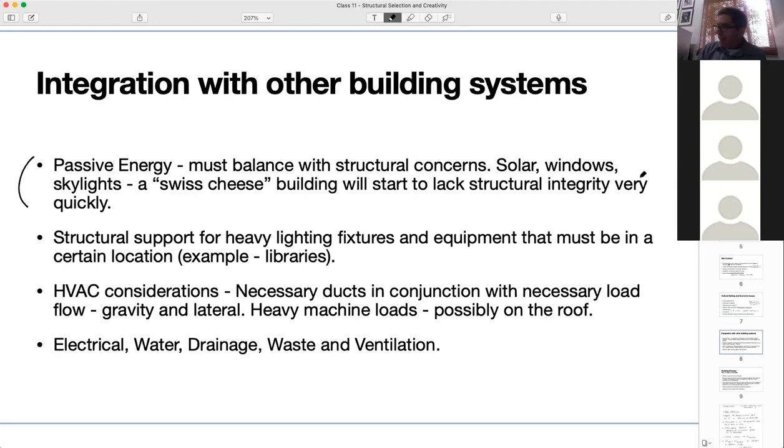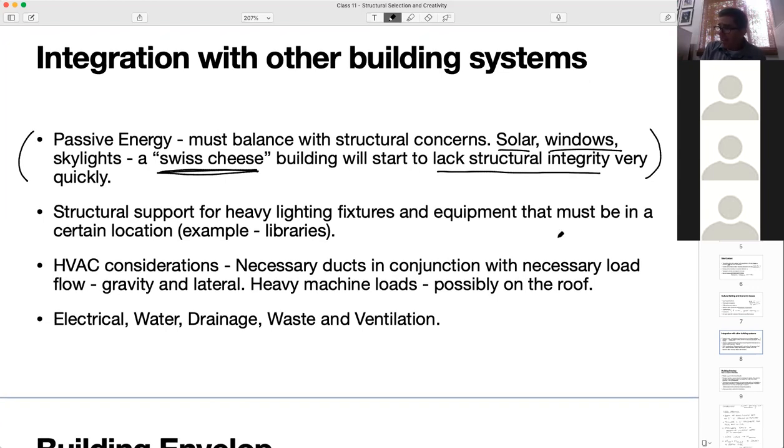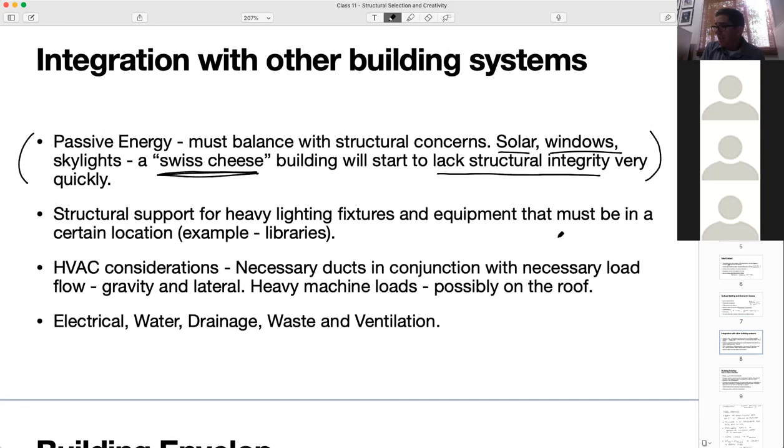This idea of a passive energy, a lot of solar, which begins that kind of Swiss cheese effect that could show up in a building, which starts to really break into the structural integrity. I mean, if there are too many holes in the building, so kind of like that box analogy a little bit earlier,